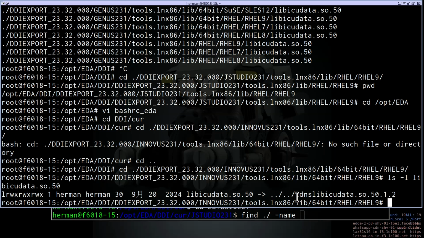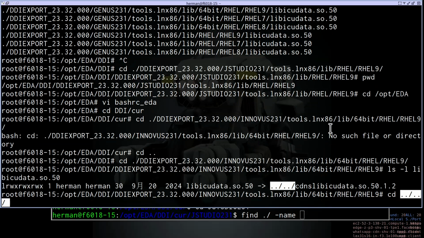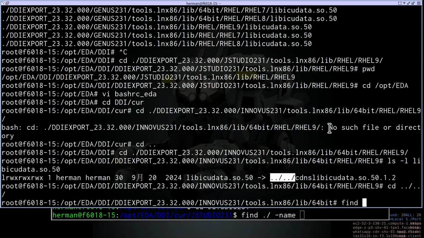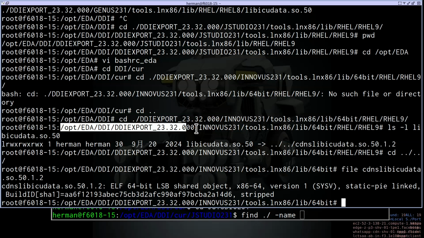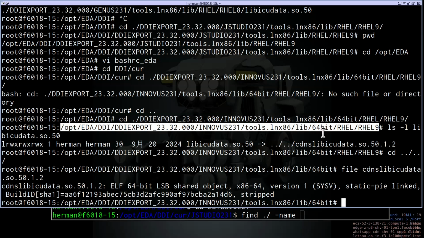Okay, this file is here, and okay, this is here. cd the find data slash file, this. Okay, so this is 64-bit, right? This is 64-bit. So the correct directory is this. This is the correct directory because this is 64-bit.